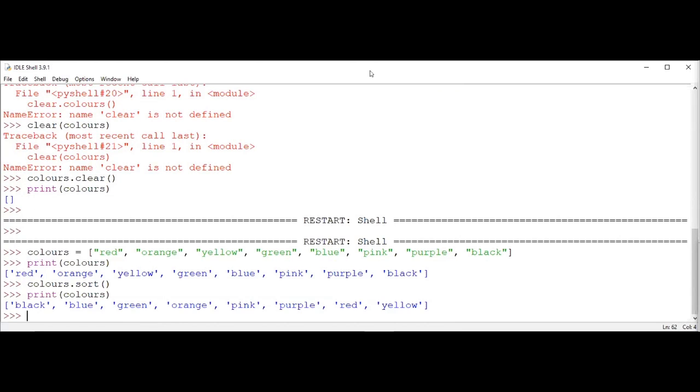So by default, the sort command sorts any list, or any tuple or any set for that matter, into ascending order. Okay. So if you want to sort it into descending order, what you do is